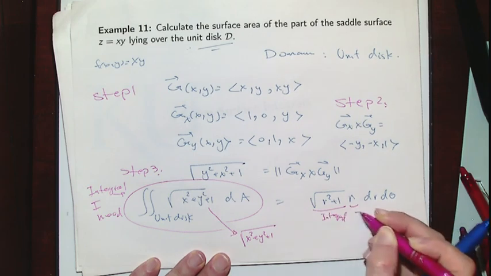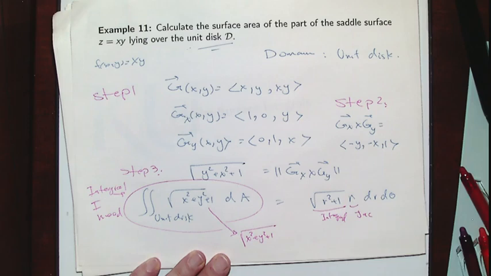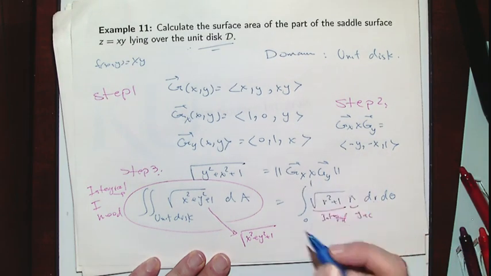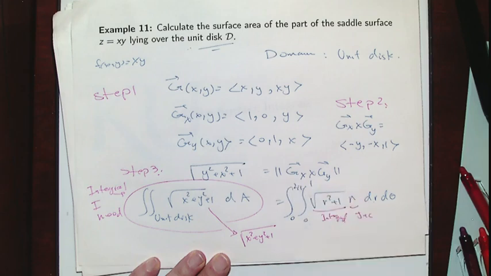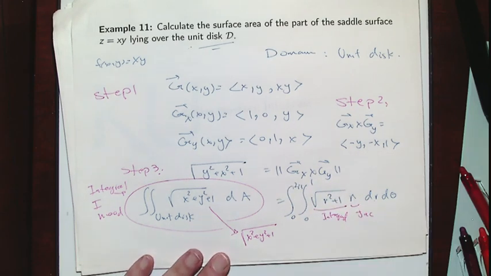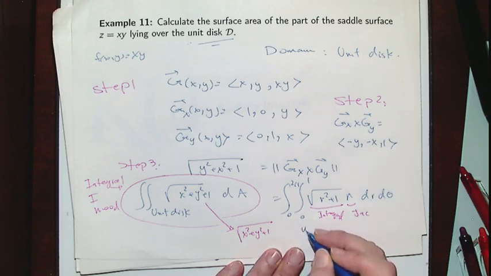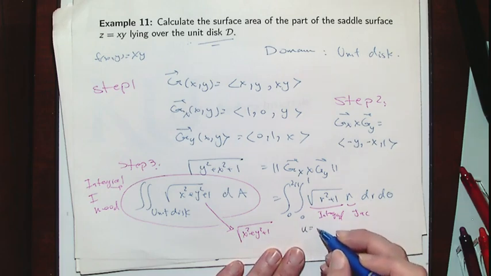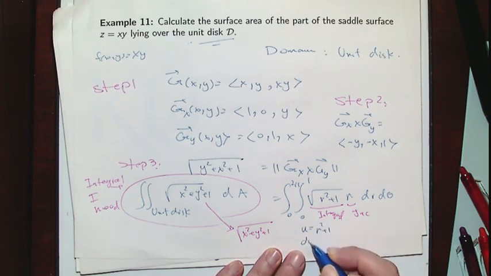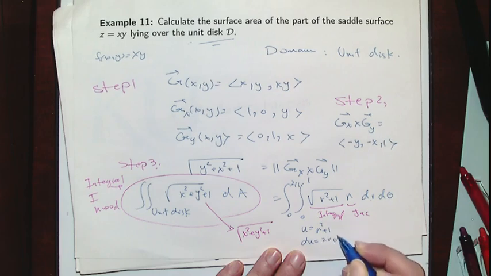Integrand, Jacobian. And then because it's a unit disk, r goes from 0 to 1, and theta goes 0 to 2 pi. Do you guys know how to compute this? U substitution, u equal to what? R squared plus 1, du equal to 2r dr. Then